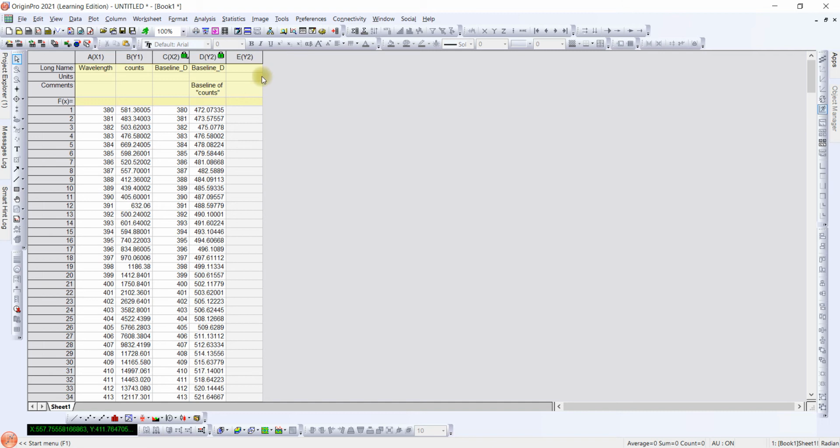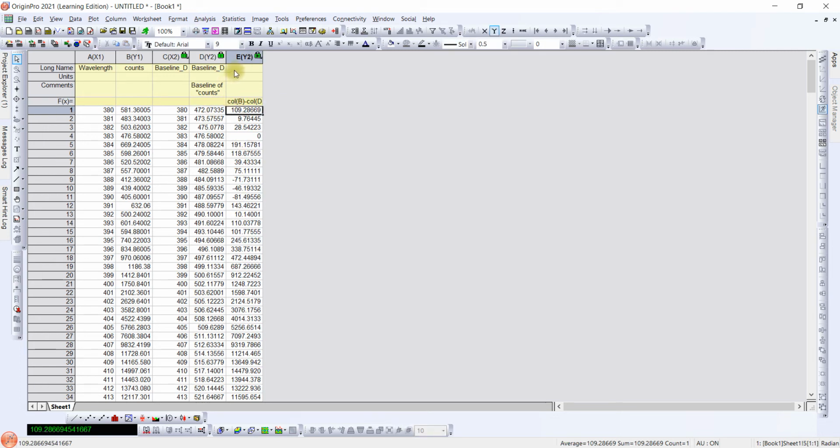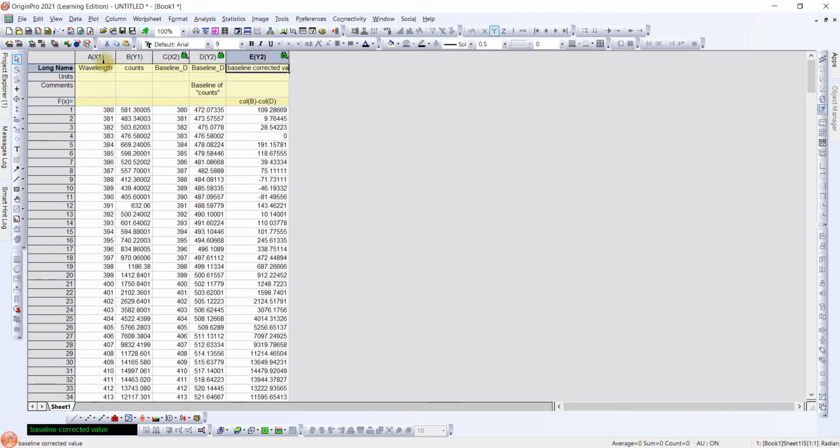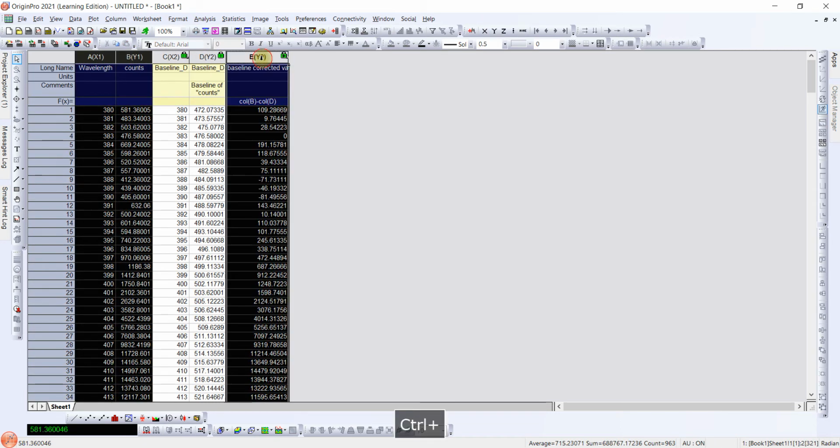So take a new column and set column as column B minus baseline value D. Enter. So this is the correct baseline correction value. Baseline corrected value. Now to see the changes without baseline correction and with corrected value, plot the baseline corrected and non-corrected data